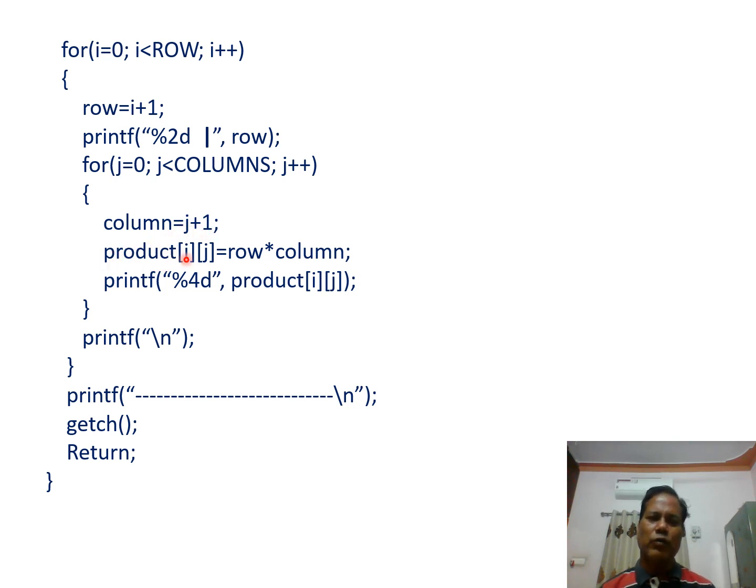So product[i][j], that is the product value of i is 0 and j is equal to 0. So product[0][0], that is the first element of the two-dimensional array, that is the multiplication table, row into column.